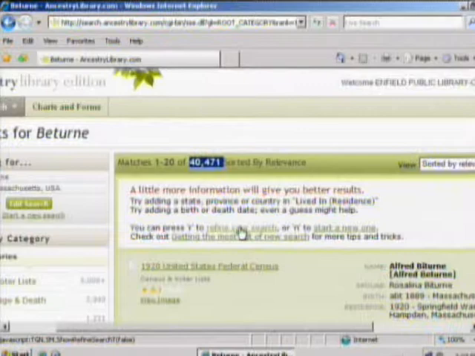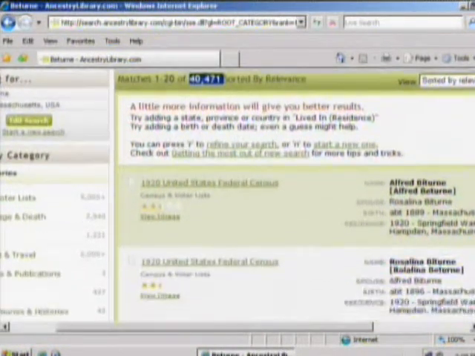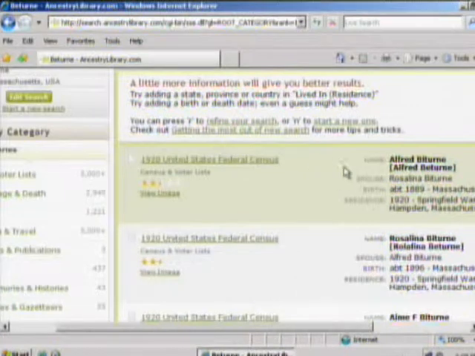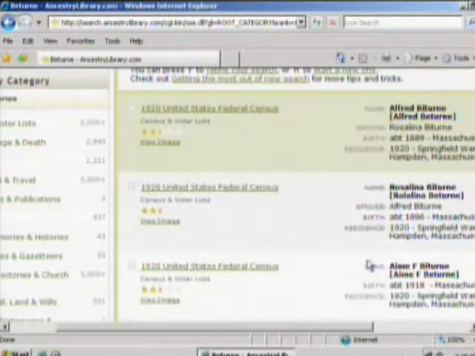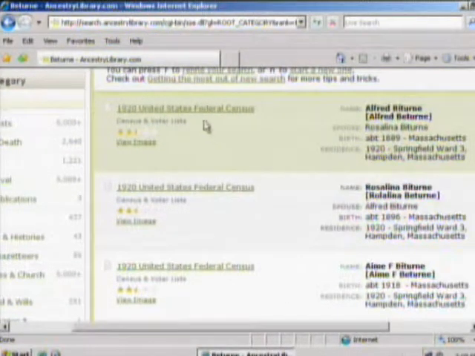And it also gives you a chance to refine your search. Certainly 40,000 records is a lot to look through. So there's a chance to refine your search here, maybe add a variable or two to try to narrow that search down for you a little bit. But scrolling through here, you can see how it returns things a little bit differently than Heritage Quest. It does give you a very simple list of the resource that it's in.